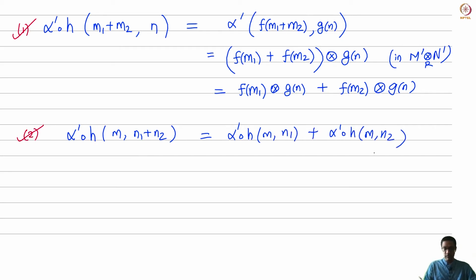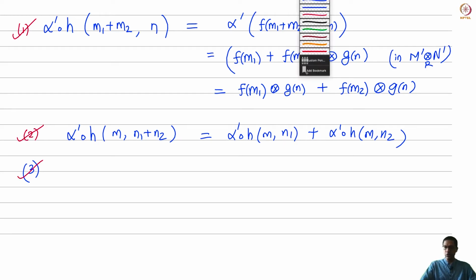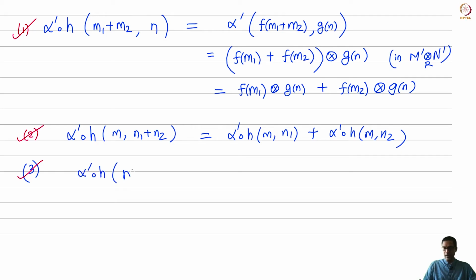Okay, it's the same proof more or less. Now the third one, the R balanced, is what we really care about. That's the new thing here. So let's check this. Okay, so what are we going to do? We are going to check the following. Suppose you take alpha prime composition H, you take an element of M, you take an element of N, but